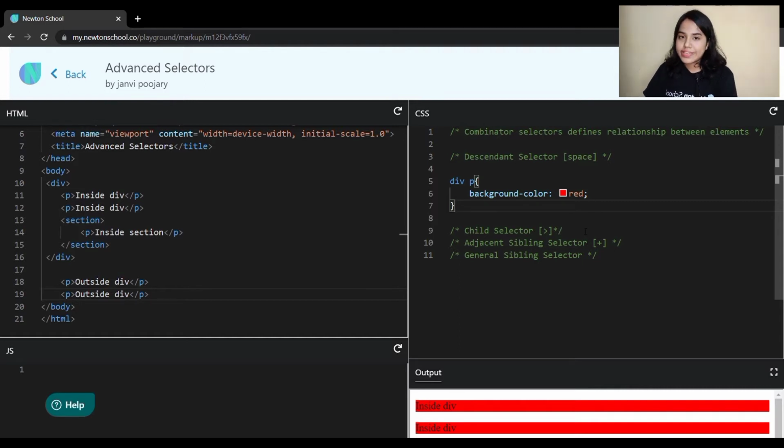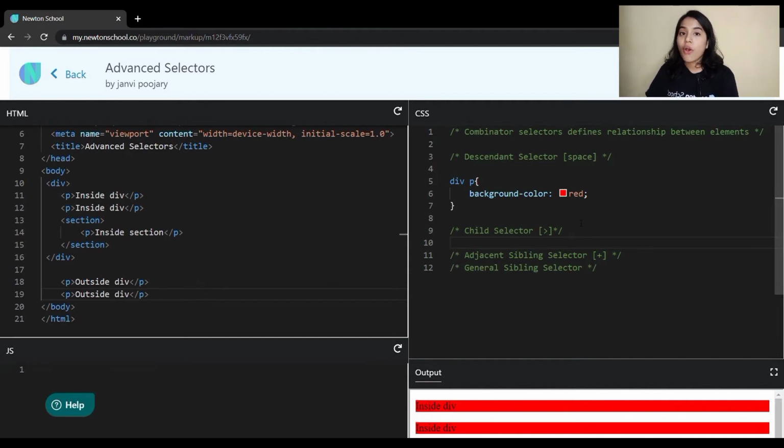Next we have the child selector. Now I guess you might have understood how the hierarchy of these elements works, right? So here we can see that the children of this div tag are these two paragraph tags and this section.